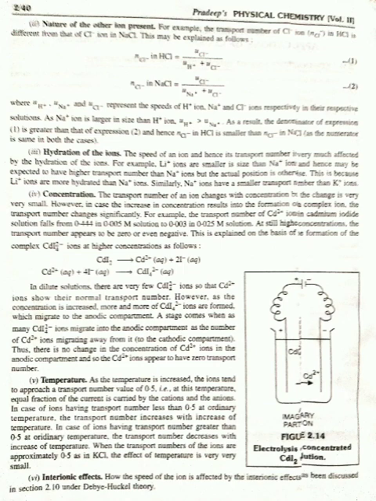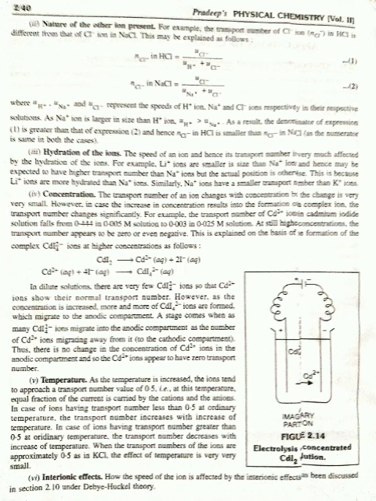This is explained on the basis of the formation of the complex CdI₄²⁻ ions at higher concentration as follows. CdI₂ gives Cd²⁺(aq) plus 2I⁻(aq). Cd²⁺(aq) plus 4I⁻(aq) gives CdI₄²⁻(aq). In dilute solution, there are very few CdI₄²⁻ ions, so that Cd²⁺ ions show their normal transport number. However, as the concentration is increased, more and more CdI₄²⁻ ions are formed, which migrate